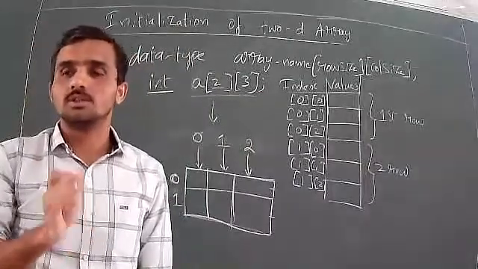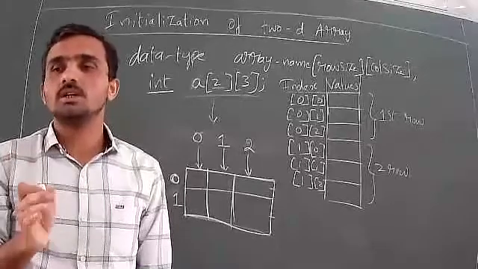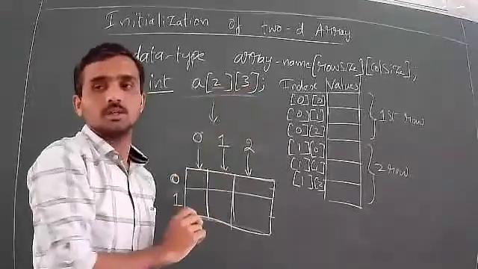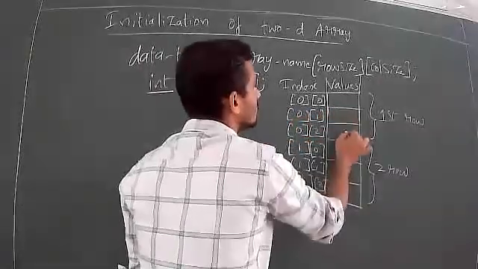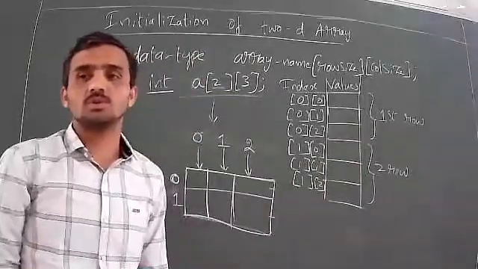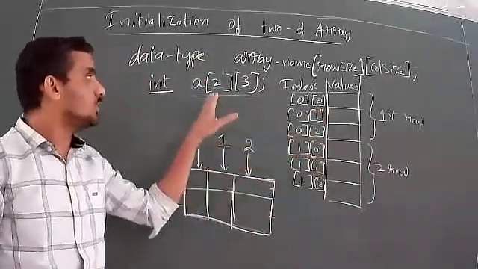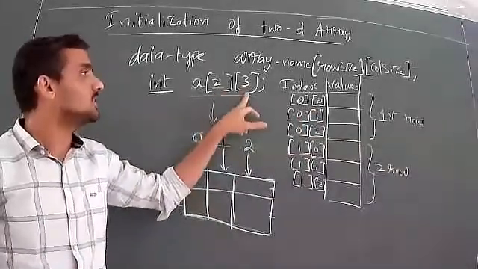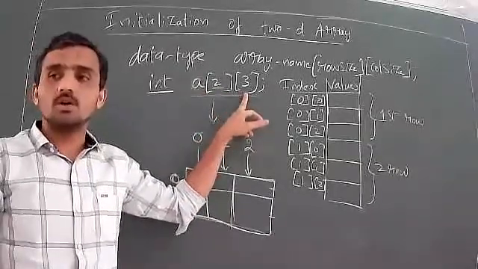Don't write the values yet. Just the number of rows, number of columns, memory locations with empty boxes, and row index and column index. You see how many rows and how many columns you have taken. See here I have taken 2 and 3. So 2 into 3, 6. So totally 6 boxes. Okay, 6 boxes you write. Next thing, out of 6 boxes, you see the number of rows. 2 rows are there. So 2 rows and 3 columns.